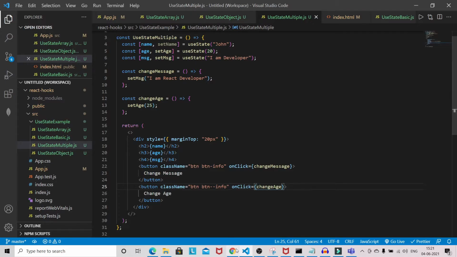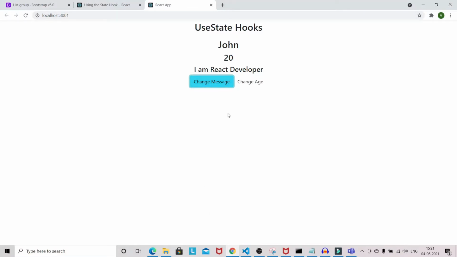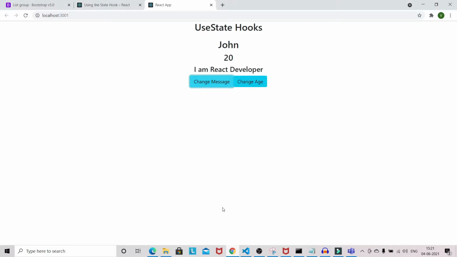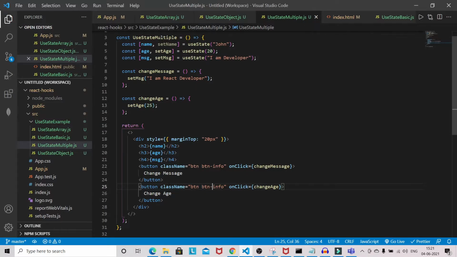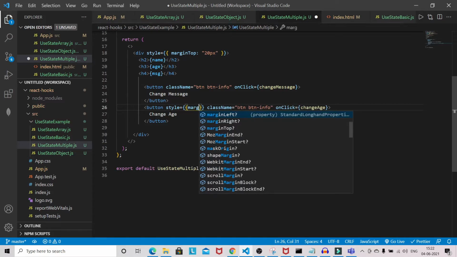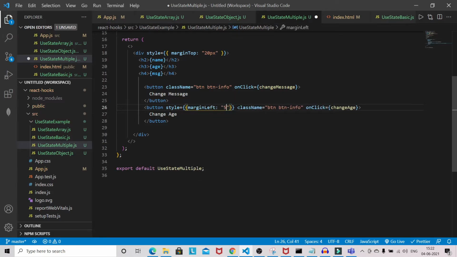So let's see. Button styling is not coming up. Extra hyphen. Okay, we can give some space also. So you can apply the styling like margin left 5 pixel.